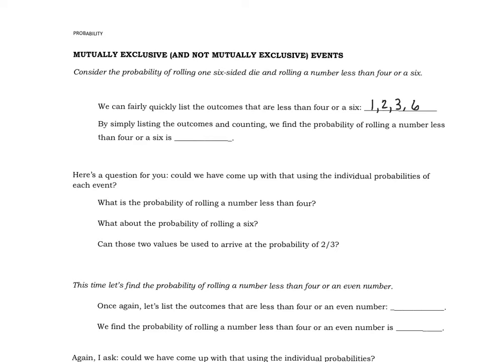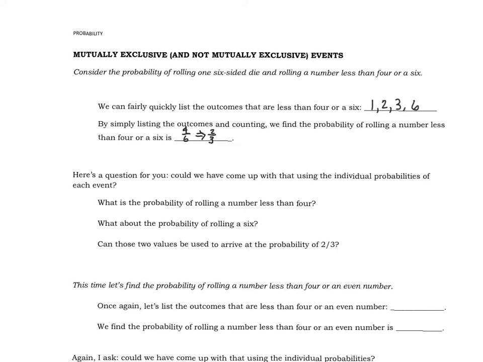By simply listing the outcomes and counting, we find the probability of rolling a number less than 4 or a 6 is, well, we have a total number of 6 outcomes. 4 are favorable, and that naturally simplifies to 2/3. Let me make that 3 look a little bit better. Okay, so